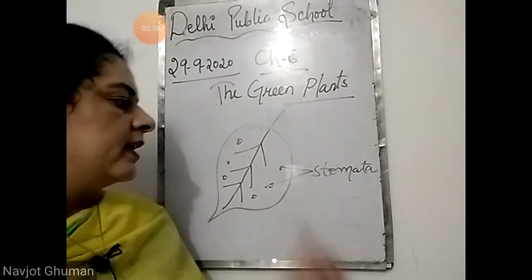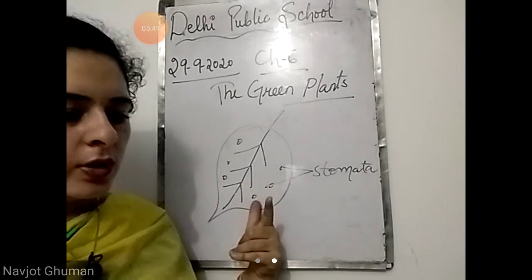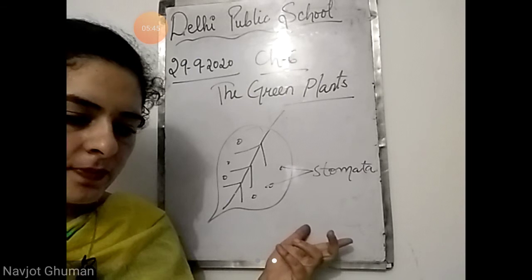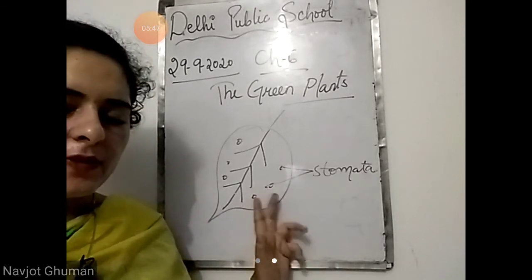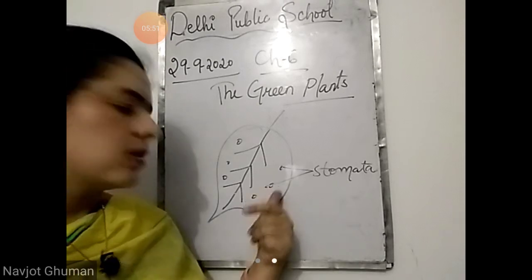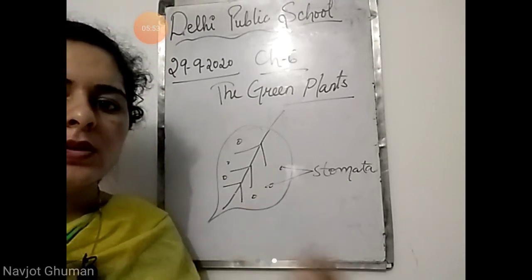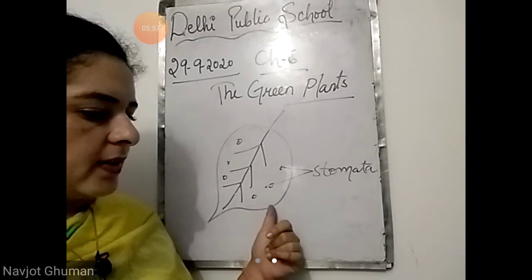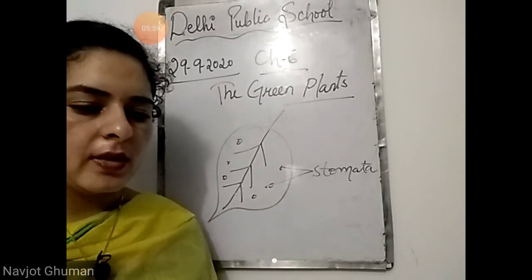Next, the leaf helps to let air in and out. क्योंकि स्टोमेटा है जो लीफ में ही प्रेजेंट है, तो जो एयर आती है या बाहर जाती है, that is also given out through the stomata. So it helps a plant to let air in and out through the stomata.